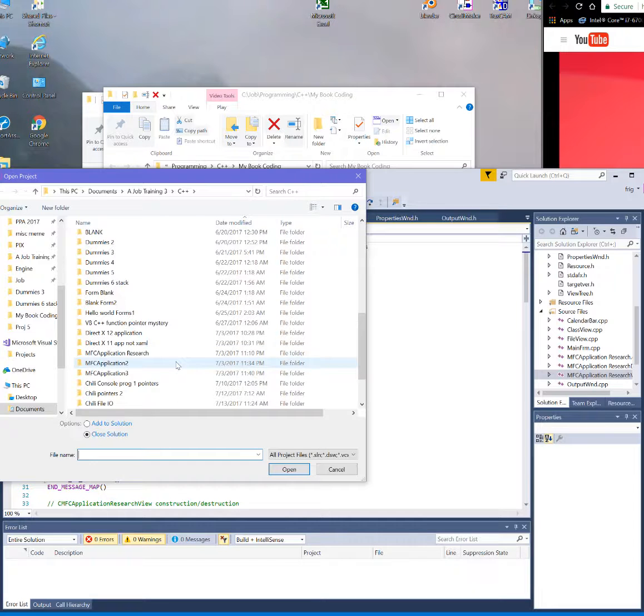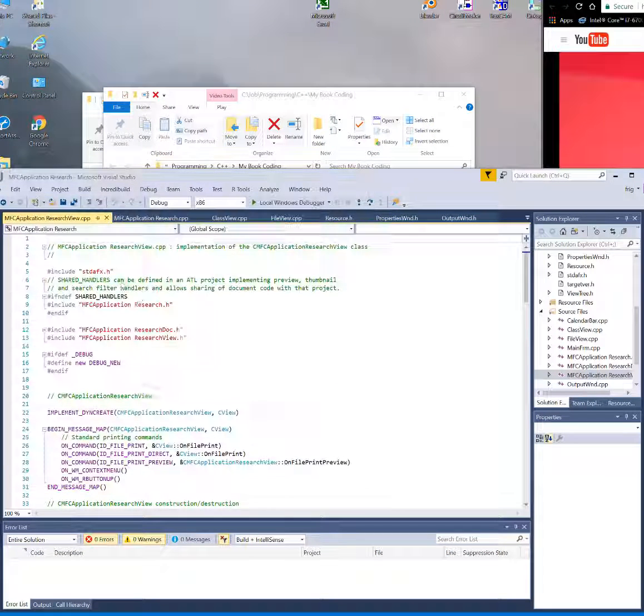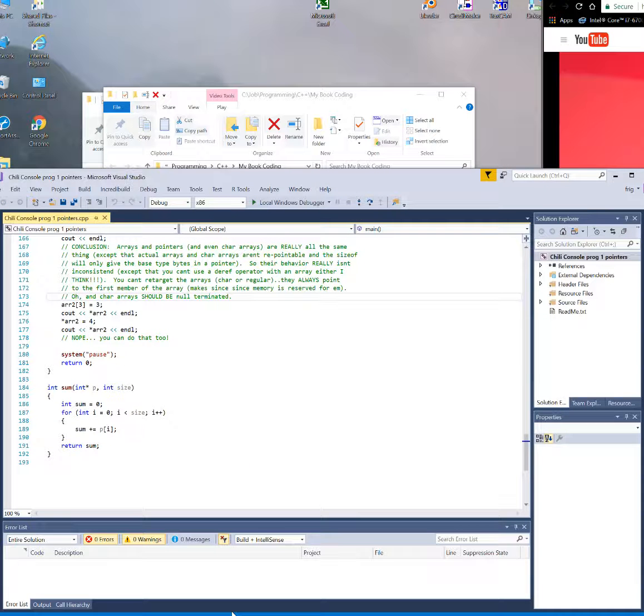But the fact of the matter is that there's got to be a better way, man. They need to figure that out pronto. Of course, they've had like 25 years and they still haven't done it yet. That's Microsoft for you. So anyway, let's move on to the next. Next time I'm gonna bother pulling those damn things up. Okay, Chili console pointers. I guess I'll just stop the video here. Since it's been kind of